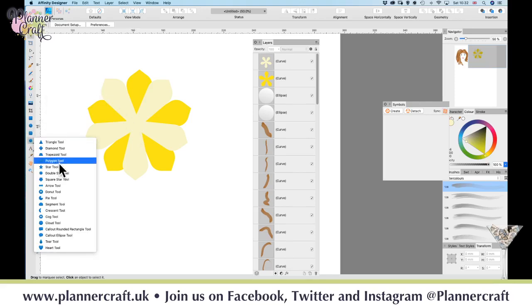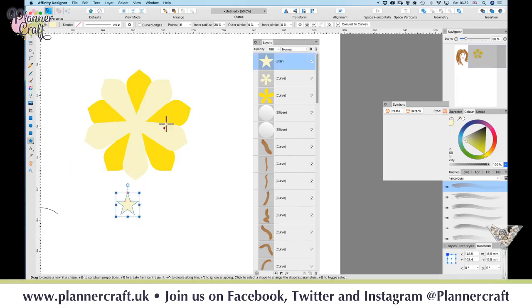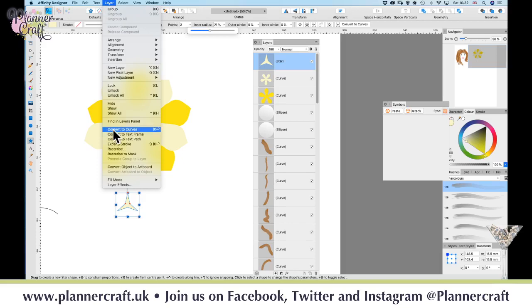So next, let's go for a star tool. Okay, so I'm going to draw my star, and then I'm going to change my points to 3. I'm going to change my inner radius, so I'm going to do it from here rather than trying to remove those little dots down there, so that it comes in. Okay, and then when I'm happy, I'm going to go to Layer, Convert to Curves,